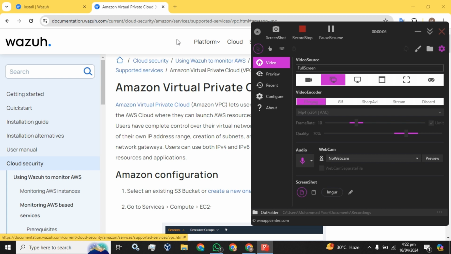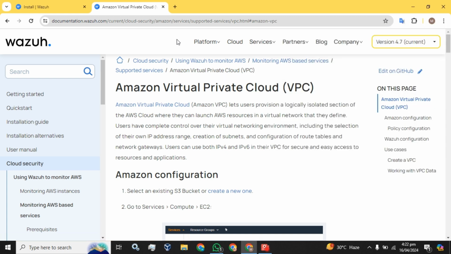Today I am going to guide you how you can monitor Amazon Virtual Private Cloud using Wazuh. How you can see and monitor the logs using Wazuh. Okay, for the